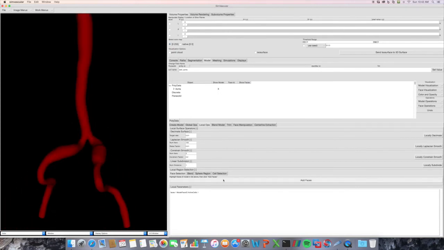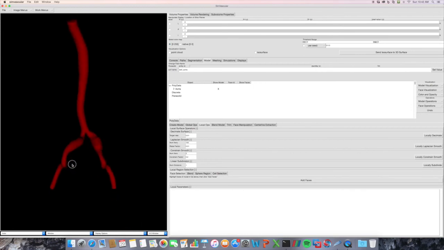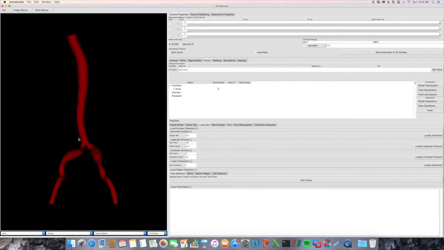But then you can do sphere region selection, which is pretty intuitive. Show the sphere interactor, select a region, and it does only those cells. And then cell selection as well. If I don't want to do that within that selected region anymore, I delete it and reselect a region with one of these methods, and then you can run these different operations. So hopefully you can get yourself a nicer PolyData model in this way for meshing